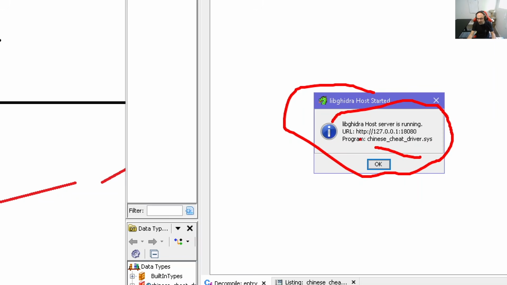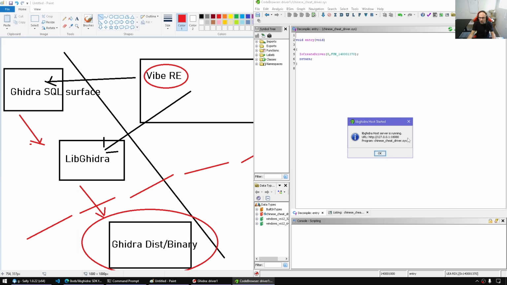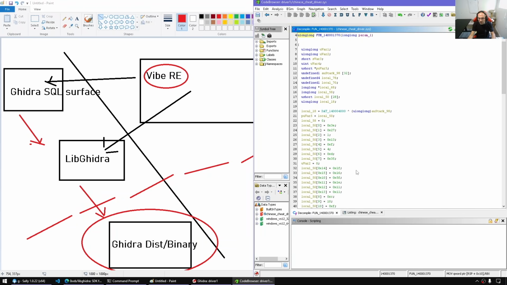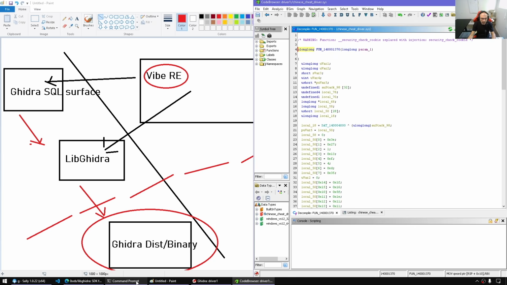Now I can take that connection string and use libGhidra just to write scripts if I want, or if I want to use the GhidraSQL. So for example, this guy here, I will have this function here, for example. So if I want already,